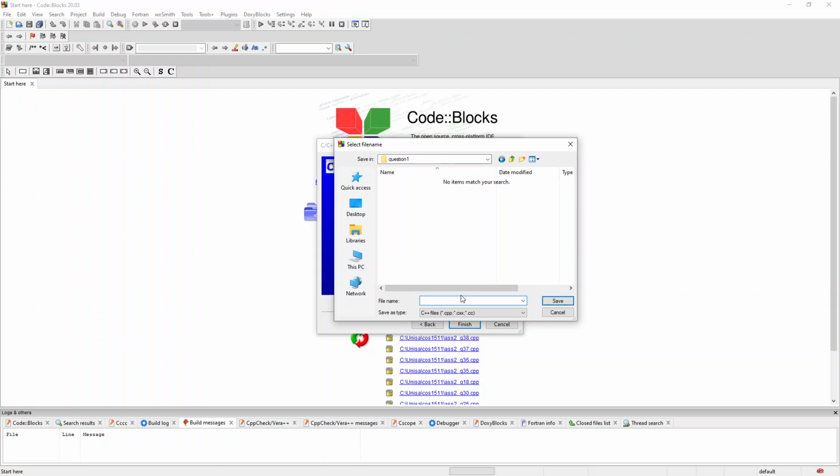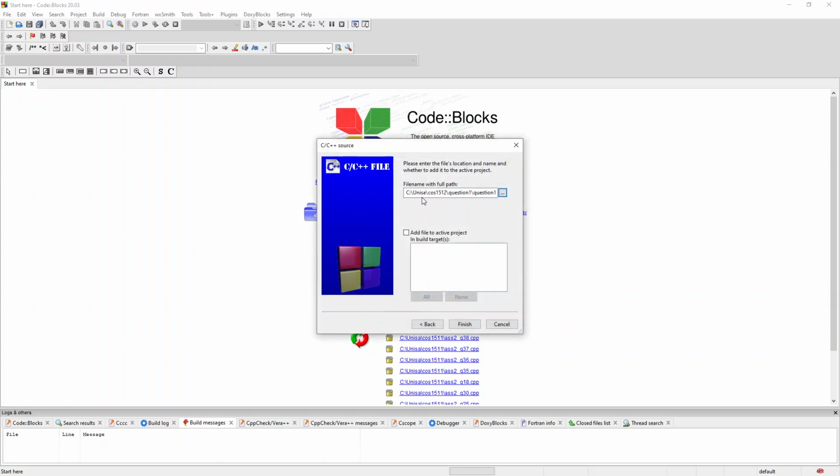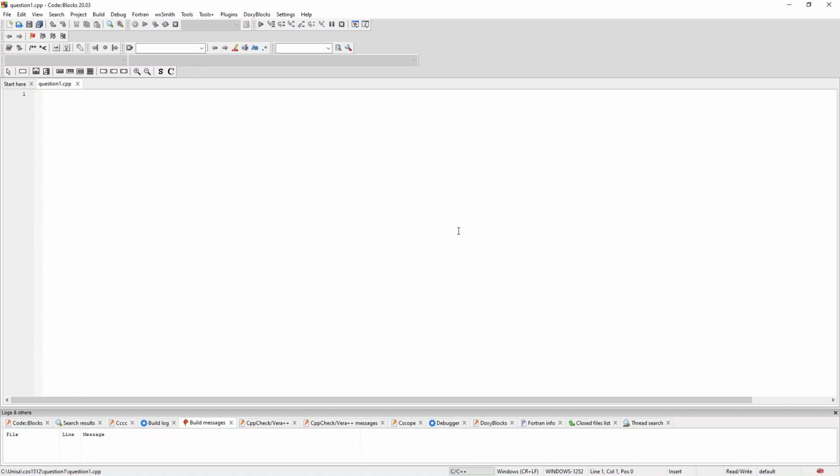And then I'm going to create a new one here and say question1.cpp, just like that. Go save, and so this is the path that I've chosen. I'm just going to create one file, so I'm just going to go finish like that, and then on this file, when I have a look at what it's got,